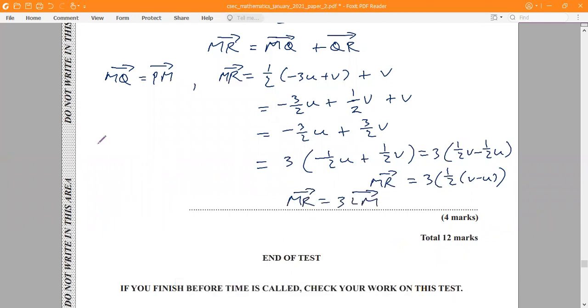And since MR is a scalar multiple of LM,